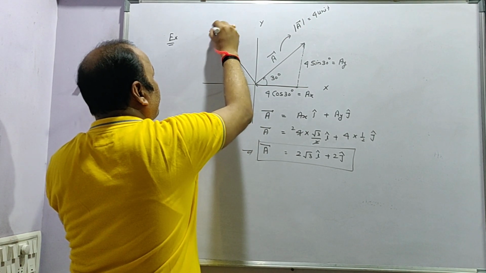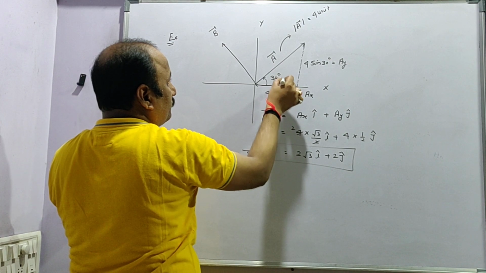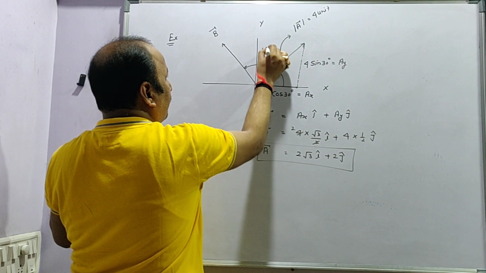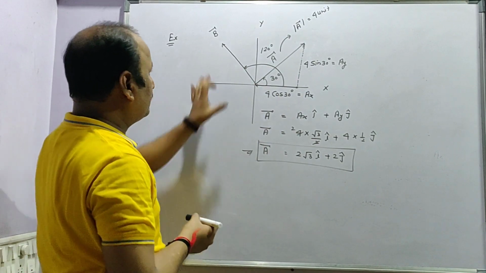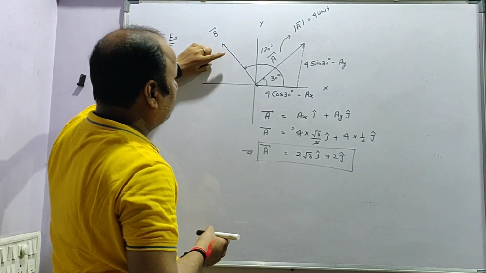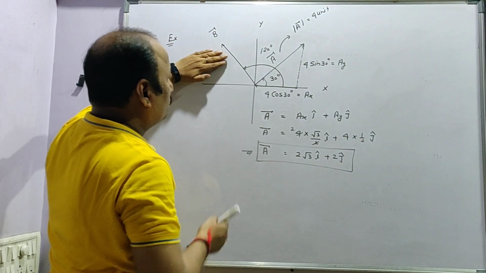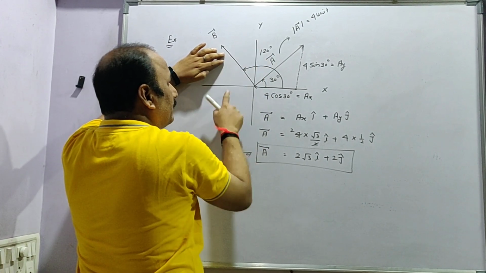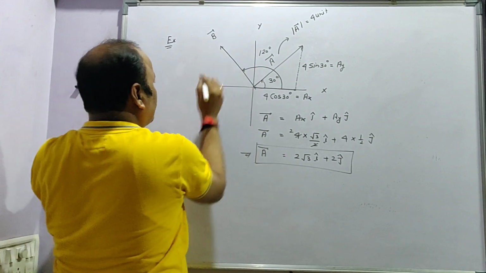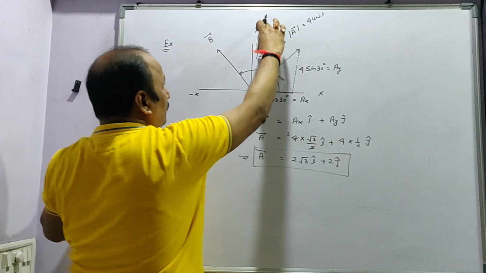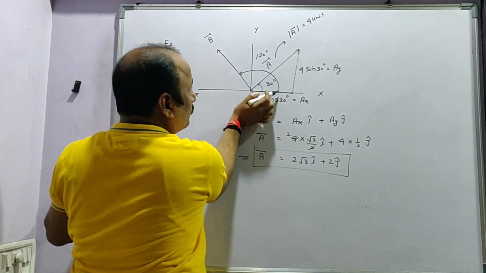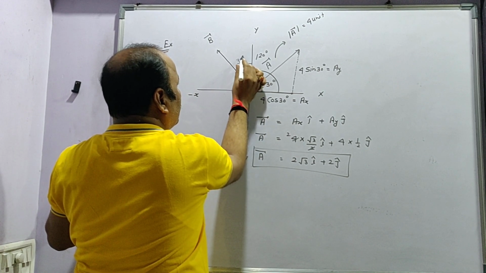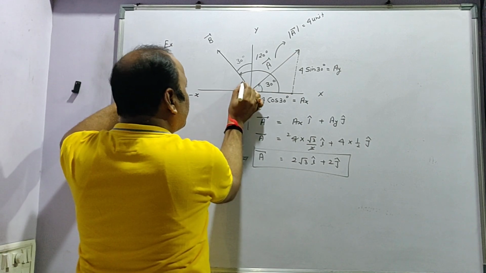Vector B, and the angle with respect to x axis is 120 degree. Now resolve this vector. See, this vector is given in second quadrant. So just resolve it into respective perpendicular components. Means the resolution of this vector is taken along minus x and along positive y. This is total 120, this one is 90, so this angle is 30 degree. This one is 30, so this one is 60 degree.